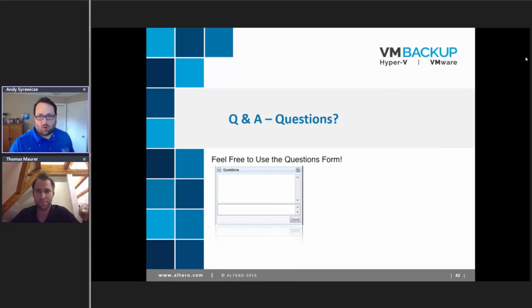So let me get the questions out here, and there's a lot of good ones, it looks like. First off, the first question here, and you talked to this a little bit, Thomas, was for standard edition virtual image use rights, is the host system restricted to just hosting the VMs, or can you install additional roles on the host like AD, DNS, and still use both VMs? That seems to be a pretty common question. I think you talked to that. I'll let you take that one.